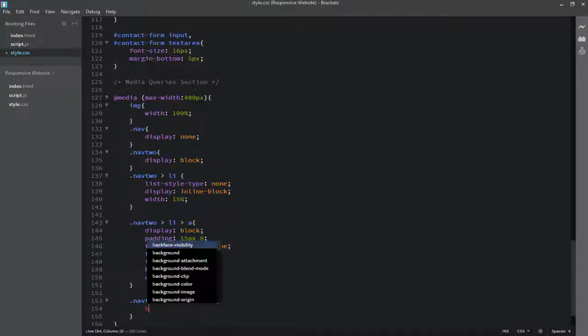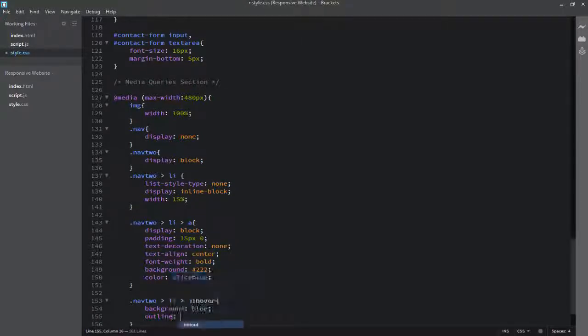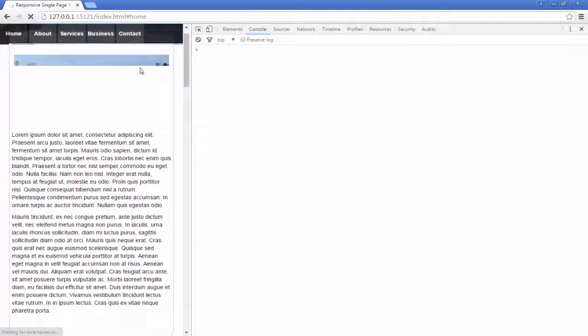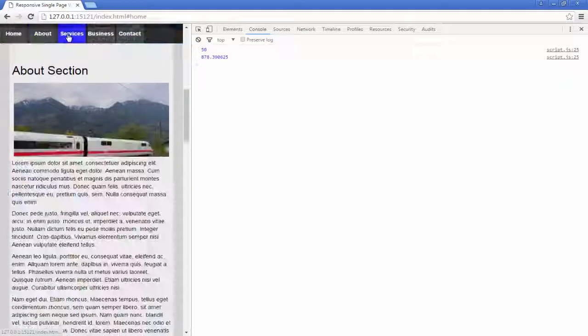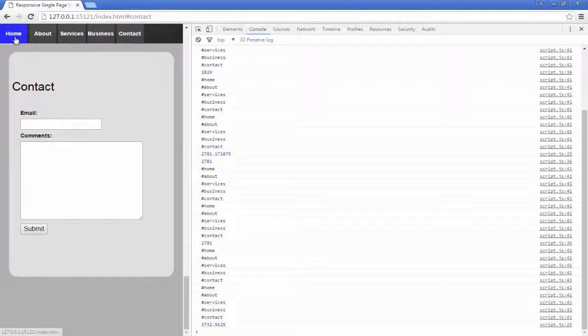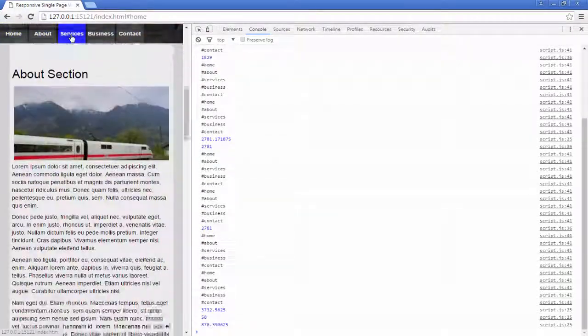So I will make the hover element's background blue. Then I will define the outline as none. Now if I go back to the web page and refresh it, you can see that the color has changed to blue. Okay, and the rest of the JavaScript is working just like before.